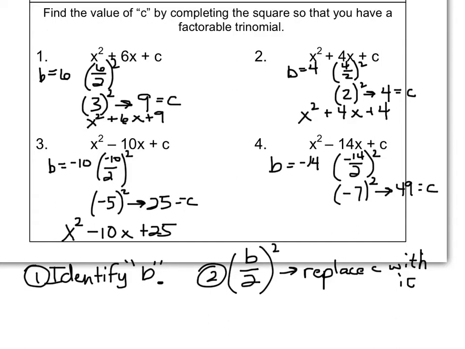So now if I replace that C, I've got x squared minus 14x plus 49. And if I find factors of 49 that add to 14, it's negative 7 and negative 7. So now I've created a trinomial that will be factorable. Okay? That's the luxury of completing the square for you. It will create a trinomial that you can use that is factorable. Okay? All right, let's take a look now at